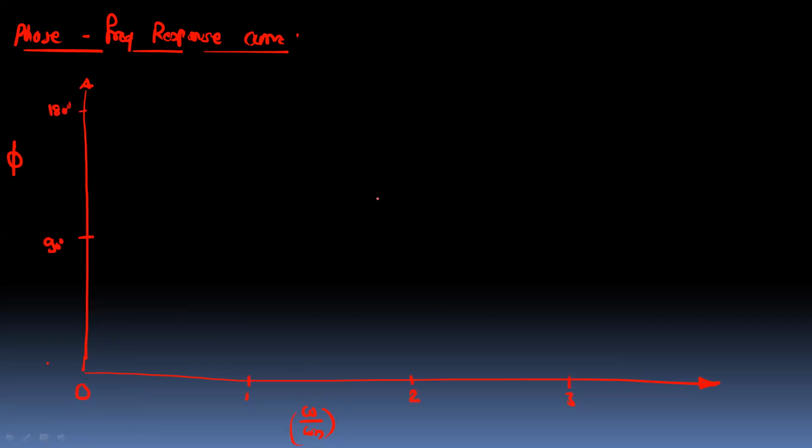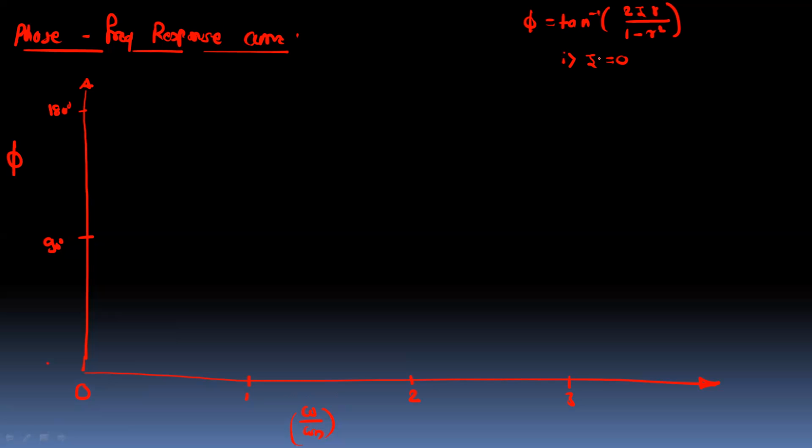Now, one curve represents one damping factor. So we will start from the 0 value. Our relation is phi equals tan inverse of 2 zeta r upon 1 minus r square, where r means frequency ratio. If you select the first graph, then your zeta will be 0. At zeta 0, you can observe tan inverse 0, this total value will be 0. So it is 0 only.